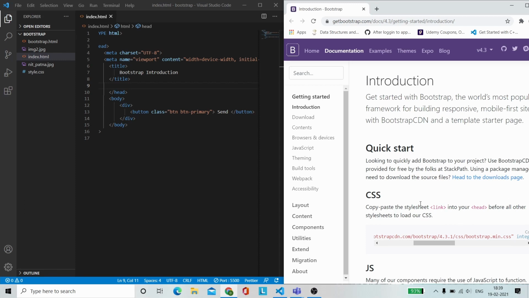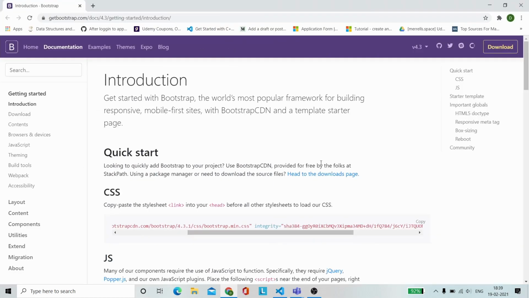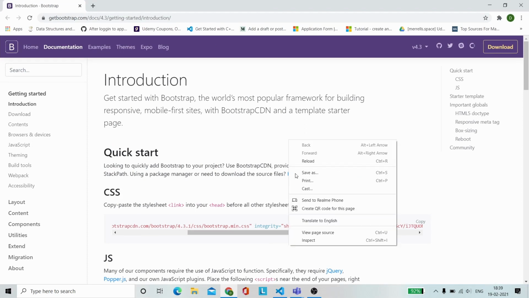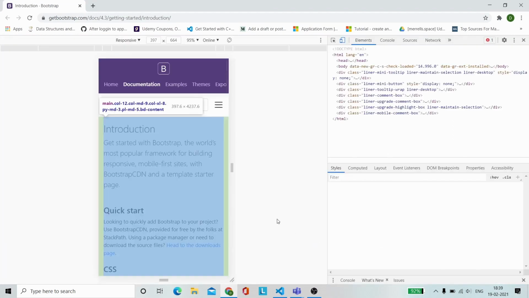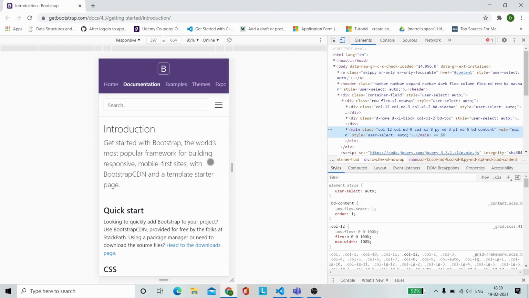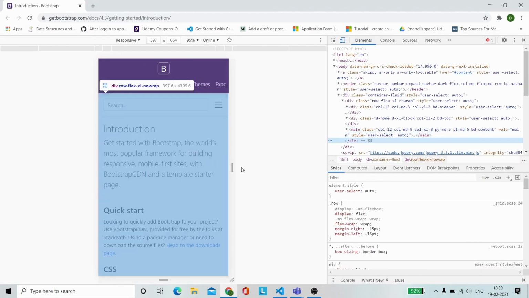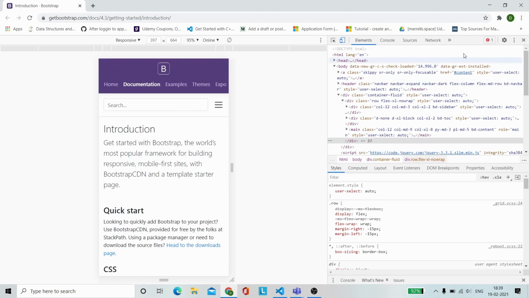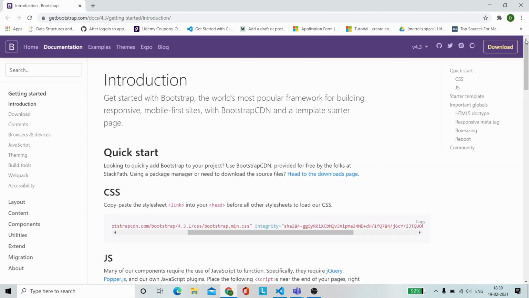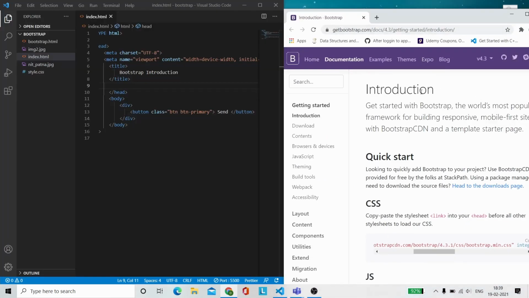So here comes another word: what are responsive web applications? As you see, we design any web app with respect to a laptop, right? For example, let me show you this website. This is a Bootstrap website, and it looks like this, but if I wish to see it on a mobile phone, you can see how it adjusts itself. Now it is appearing like this. This is a mobile-friendly view, and if our website is responsive, then it will behave well whether we view it on a laptop or on our mobile phones.